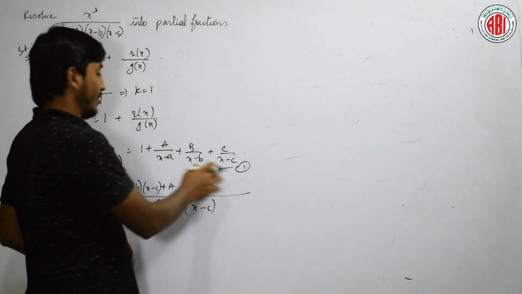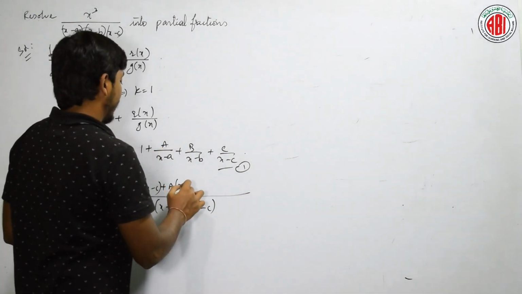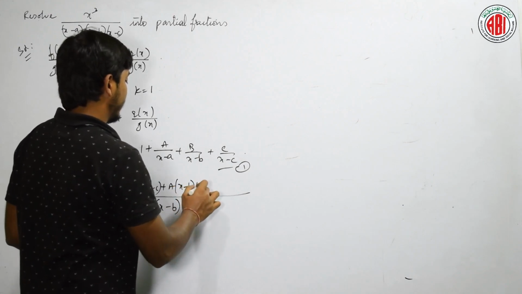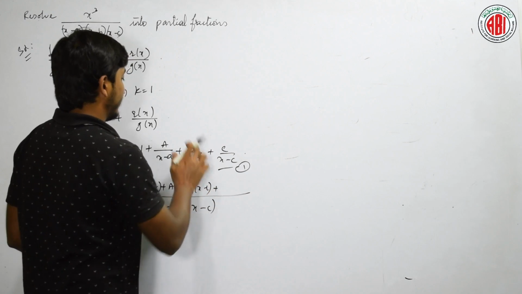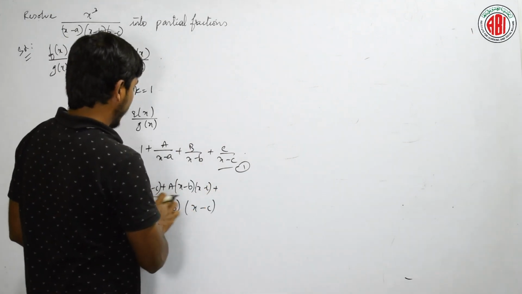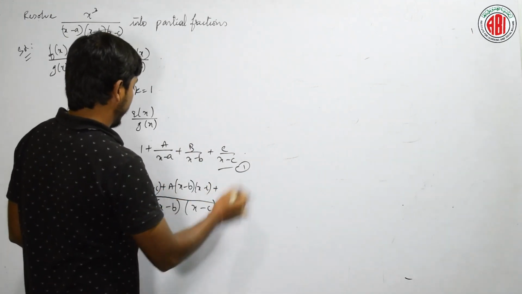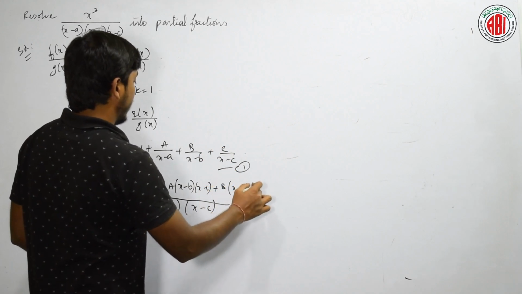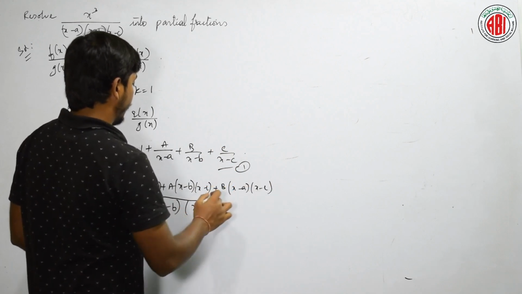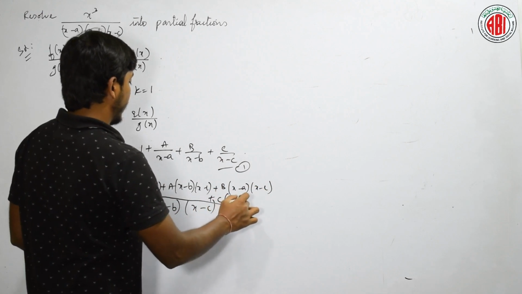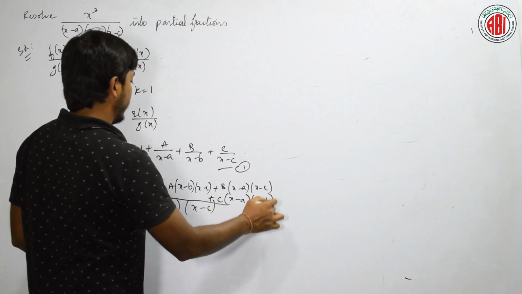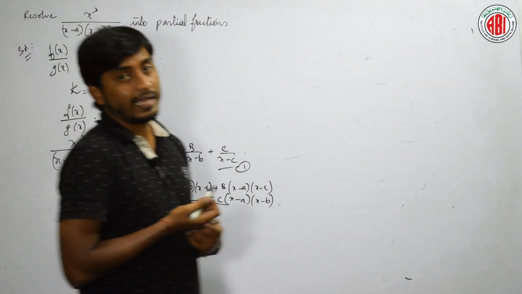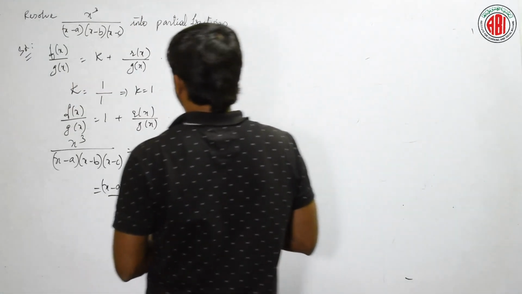We do not have these 2 terms, we have to write these, x minus b, x minus c, plus what about this B term? Let me write it here, B into x minus a, x minus c. What about C term? x minus a, x minus b. Now, these both denominators will get cancelled. So, I will be left with,